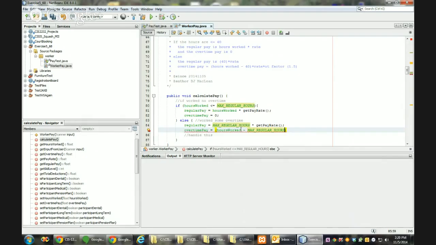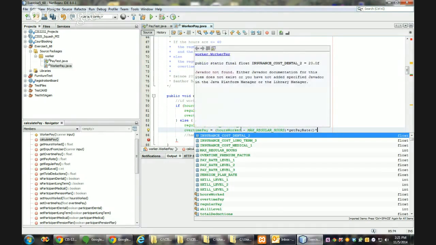They say, all right, your regular hours are 35 hours in a week, and then your overtime pay is based on the difference between 35 hours and the amount of hours you worked. That way we would have a constant that we can just change in one place and still have our code work. All right, and so that's the amount of overtime hours times get pay rate again. We could store that in an attribute, so we don't have to call it twice, but that's all right. Times the,